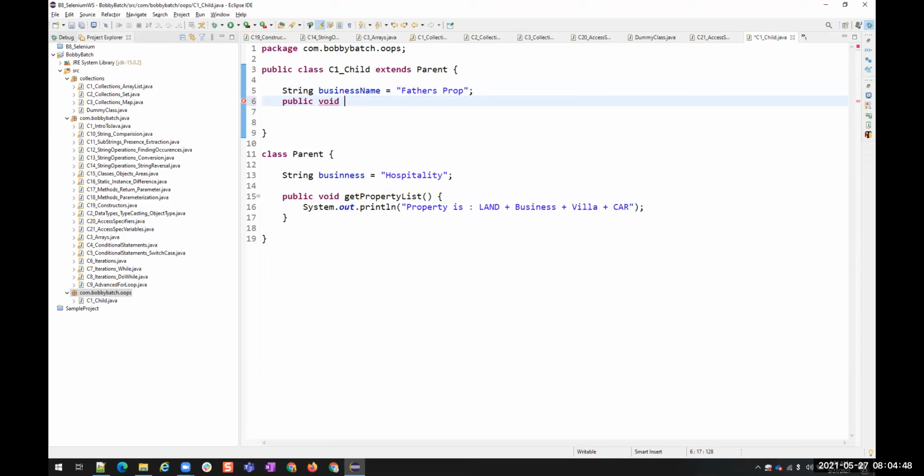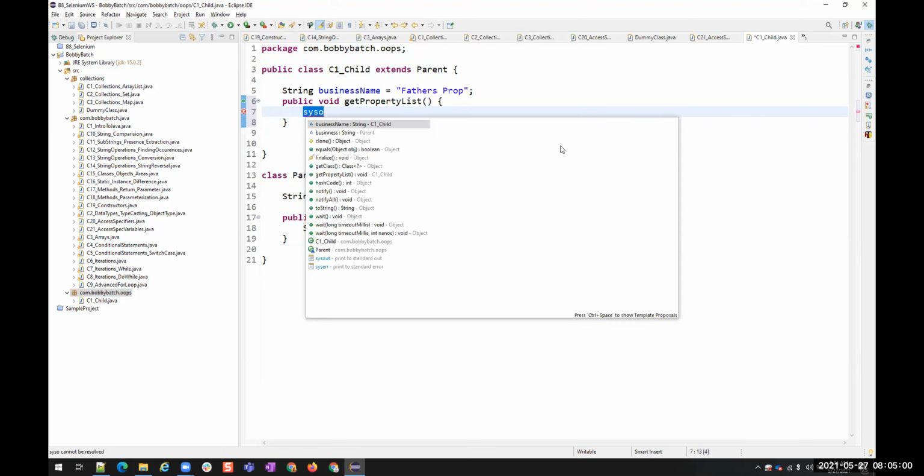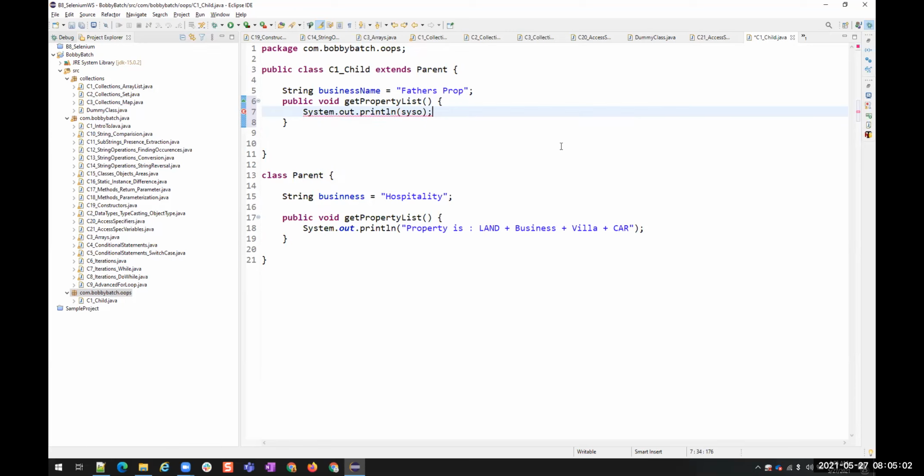Public void getChildPropertyList. Father property plus my property, something.